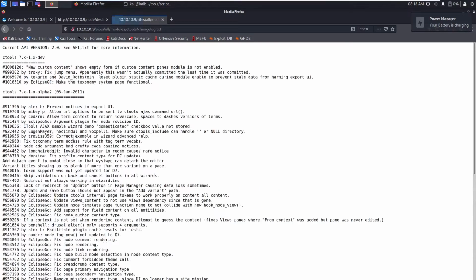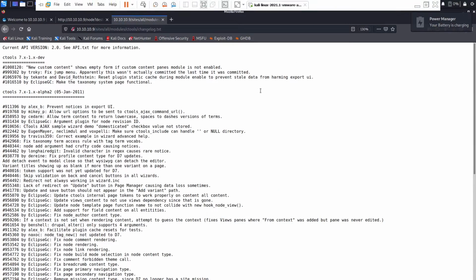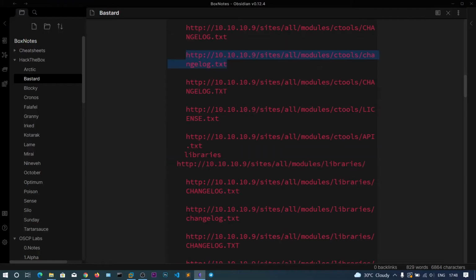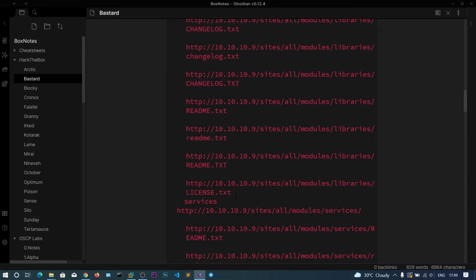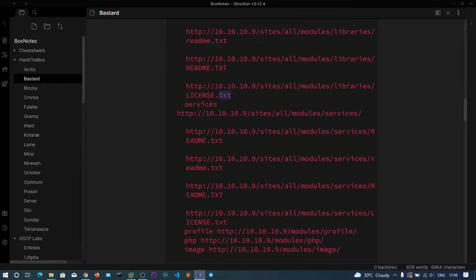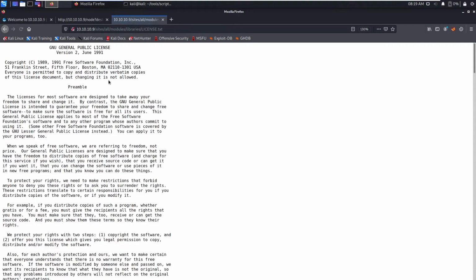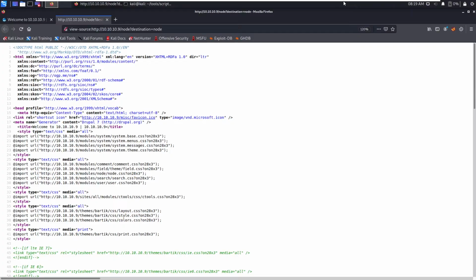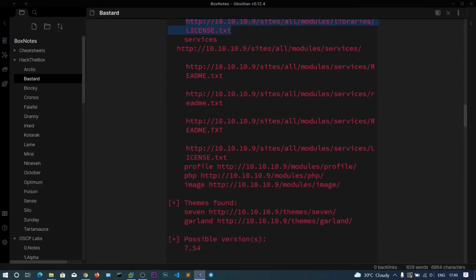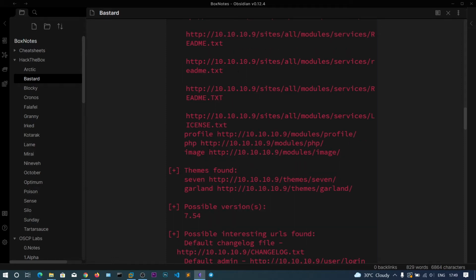Let's check that. Yes, both are the same. So license.txt. We do not find any information. And readme. So we don't have any information.